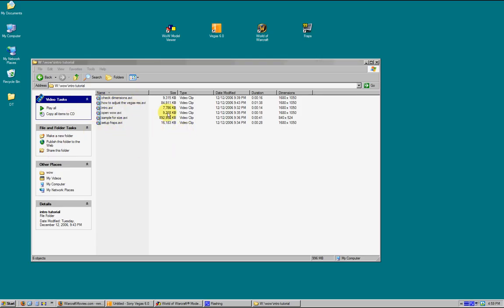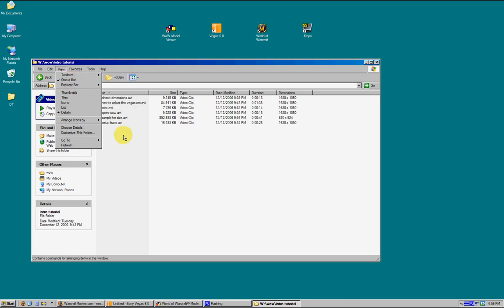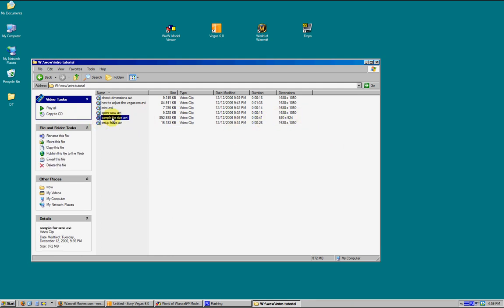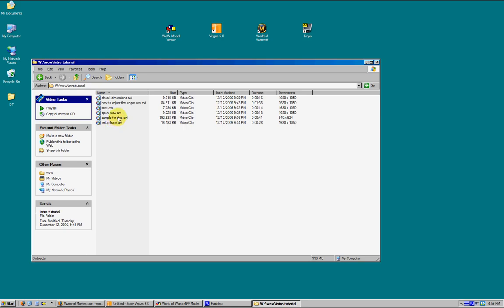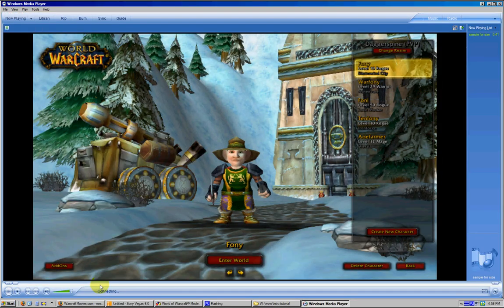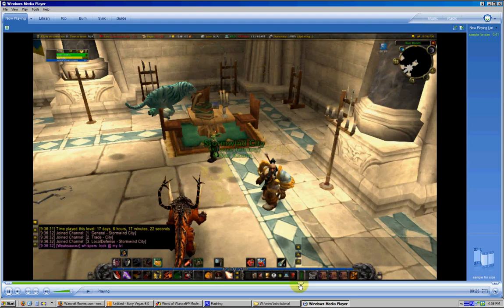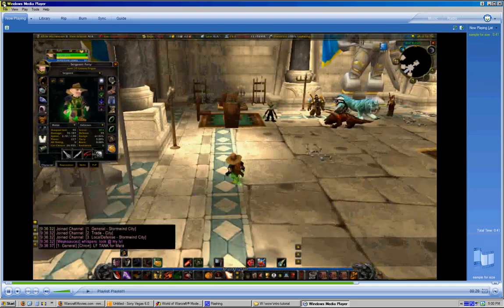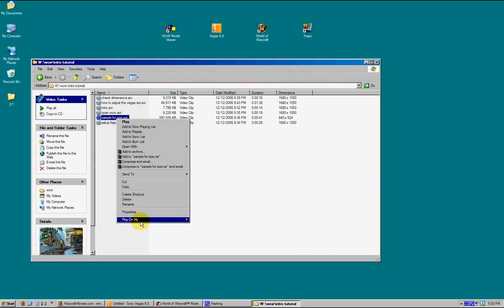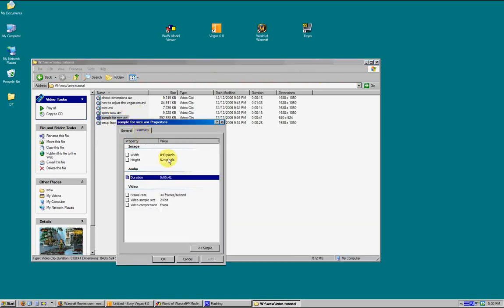Okay, so you see here is this window open that I set up for the intro tutorial, and here's some bits and pieces, more like notes. For example, notice how on the right here, when you sort it by detail, you can see on the far right what the dimensions are for videos. If you don't see this area over here, you want to right click on your Fraps video. For example, this is a Fraps video that I took just for sample. You can right click on it, go to properties, and in the summary it'll tell you right there